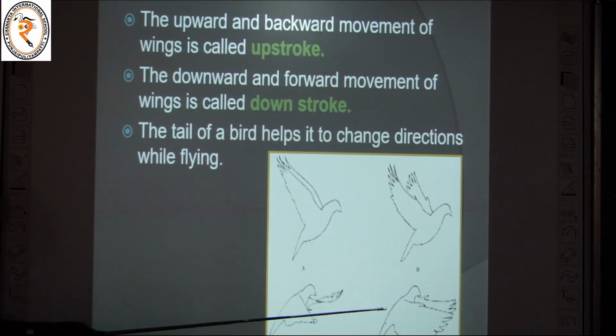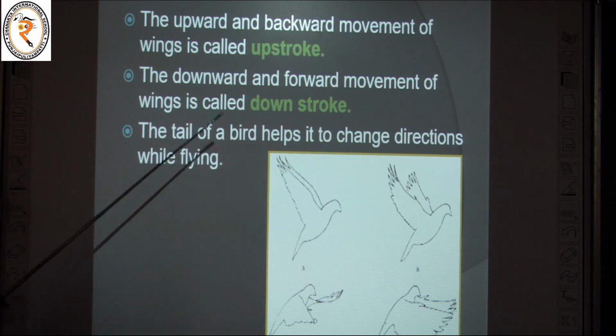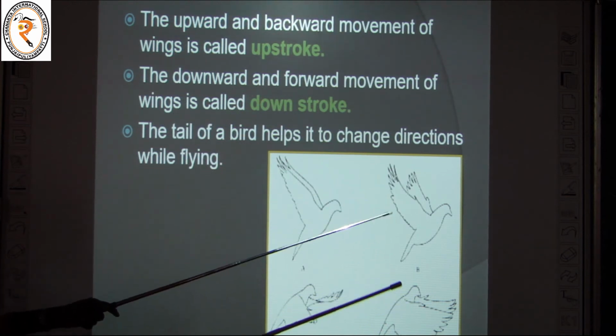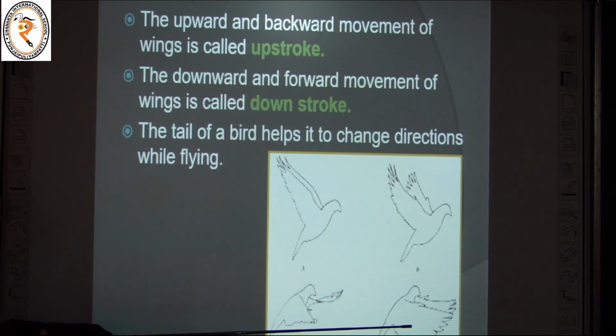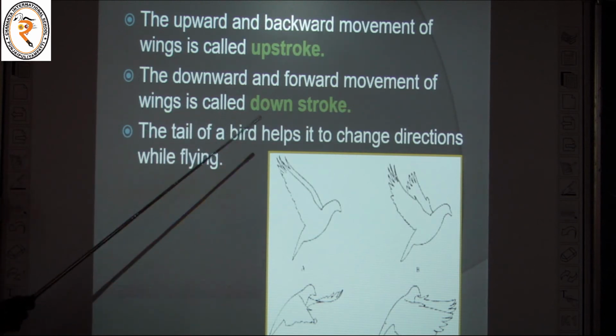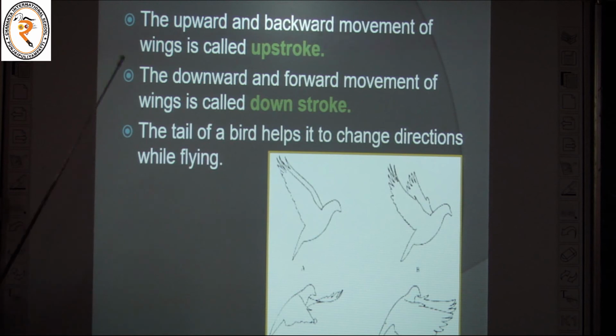The tail of a bird helps it to change direction while flying. The tails are helping the birds to change their directions.